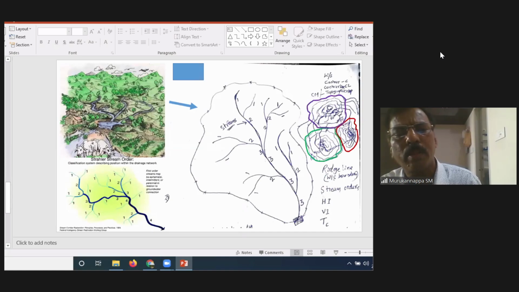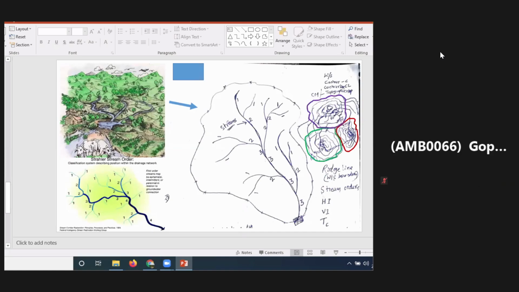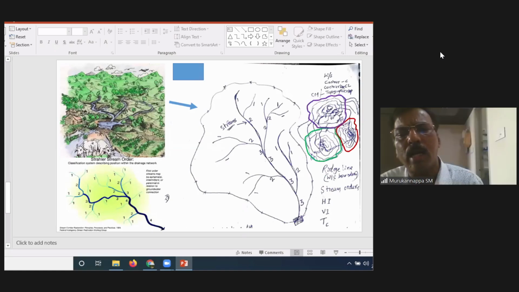Is it visible? Yes, sir, visible. Same thing: that area I have taken on the right side. I have drawn that demarcated land, and within it the streams are running in that area. I have shown it on the right hand side. Is it clear now? At the extreme right you can find 3 demarcated lands colored in different colors.